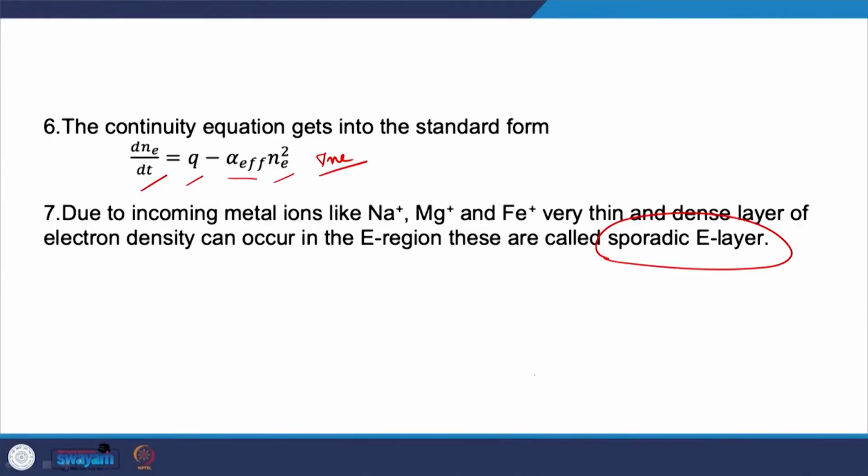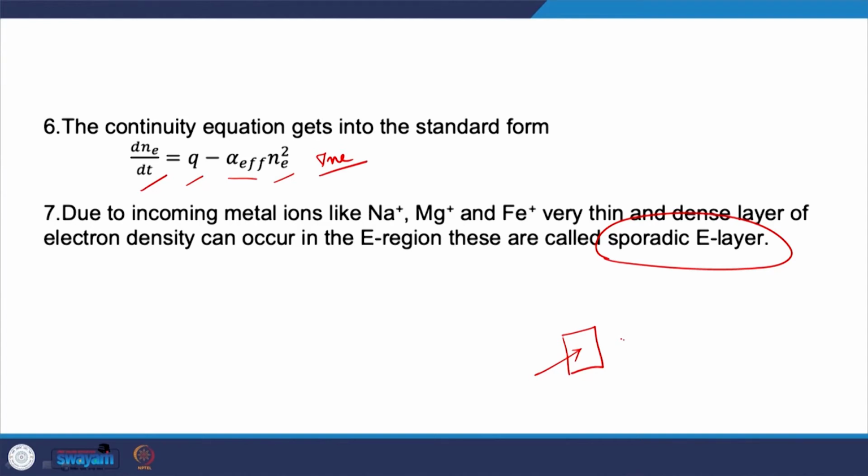Okay. Now, this continuity equation may also have an additional transport term, let us say del Ne. This is the transport term. So at any given instant of time, the rate at which electron density changes with respect to time, you consider a small volume, is the rate at which electron density is produced in this volume, minus the electron density lost by means of recombination from this volume. And then you have the transport term, which takes care of the additional electron density which may get transported into this volume or out of this volume,